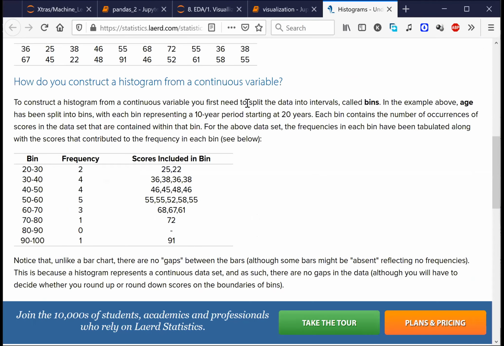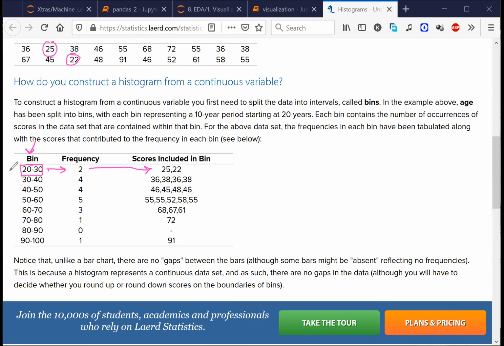First of all, I need to create some bins. I need to decide what kind of bin I want. For example, in this case, they have taken a bin of 20 till 30. If you observe the data, there is this data point, and there is one more data point. So the frequency of numbers present in this range of 20 to 30 is 2.